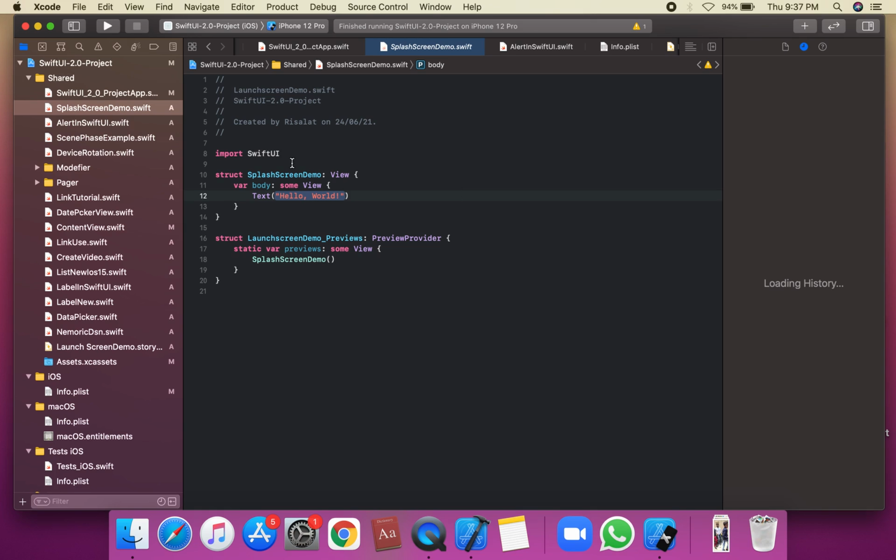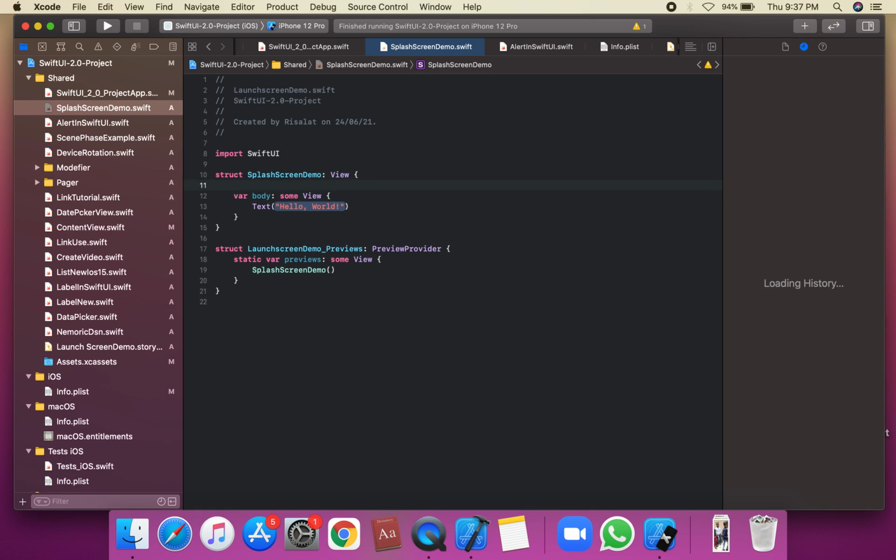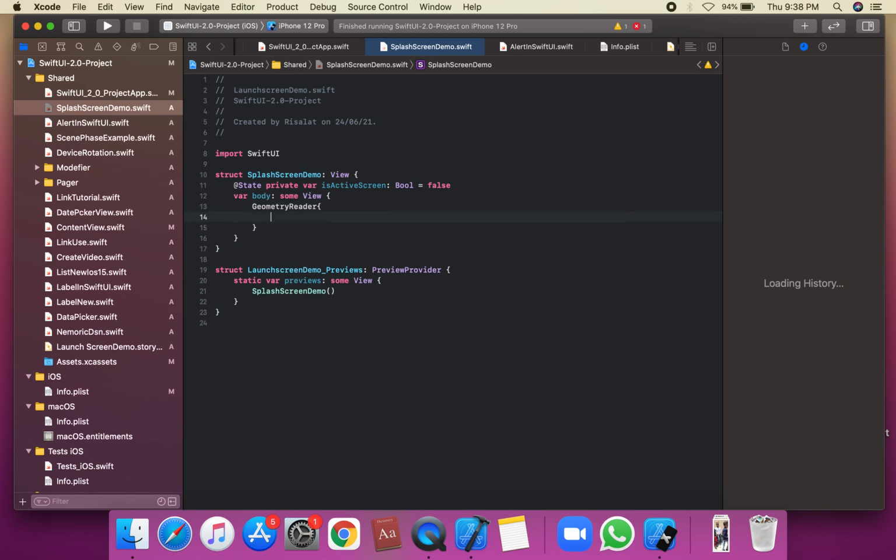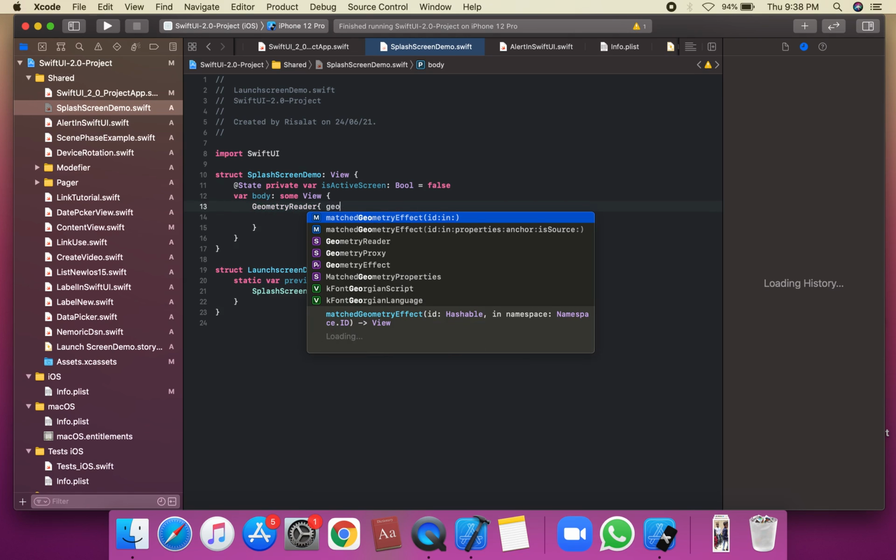So first of all, we're going to create a state property, and bind it with the onAppear method. @State private var isActiveScreen, which is of type Bool, and is equal to false. We're going to create a GeometryReader, and this is a geometry in,